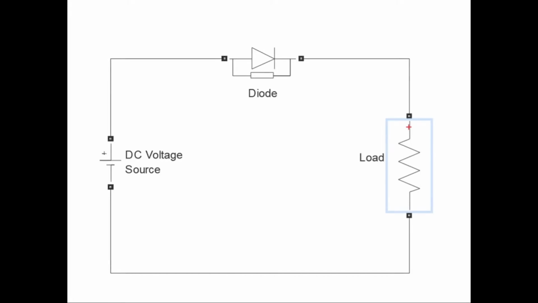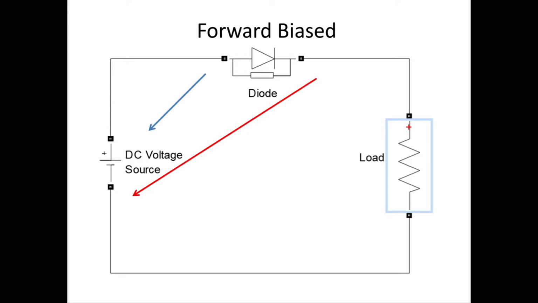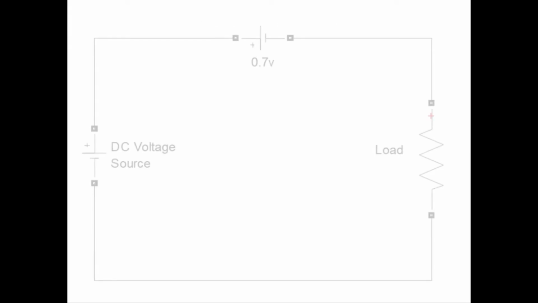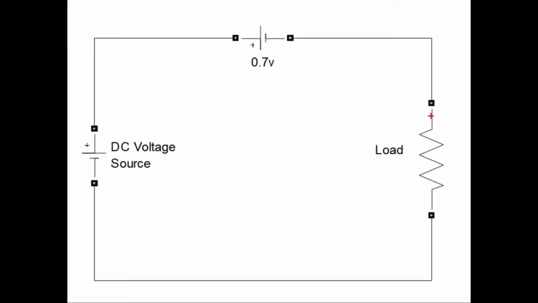Let us consider this circuit in order to understand the forward bias operation of a PN junction diode. As it can be seen in the diagram, the positive terminal of the PN junction diode is connected to the positive terminal of the voltage source, and the negative terminal of the PN junction diode is connected to the load, which is at lower potential than the positive terminal of the voltage source. Hence, it can be said that the PN junction is forward biased in this case. In this case, the PN junction will have a fixed voltage drop, generally of 0.7 volts in the circuit, and the current will flow as per the resistance of the load.